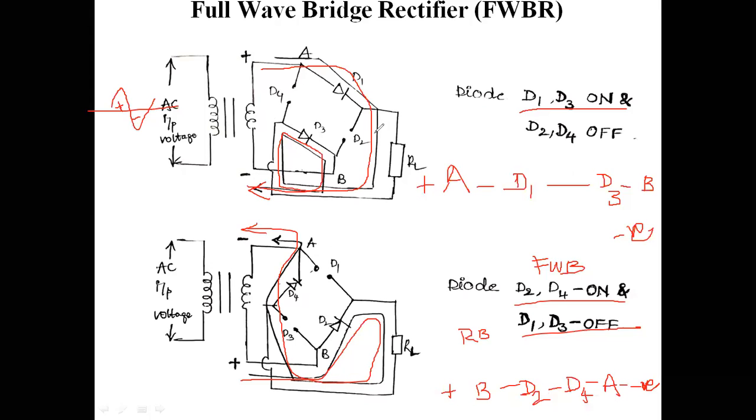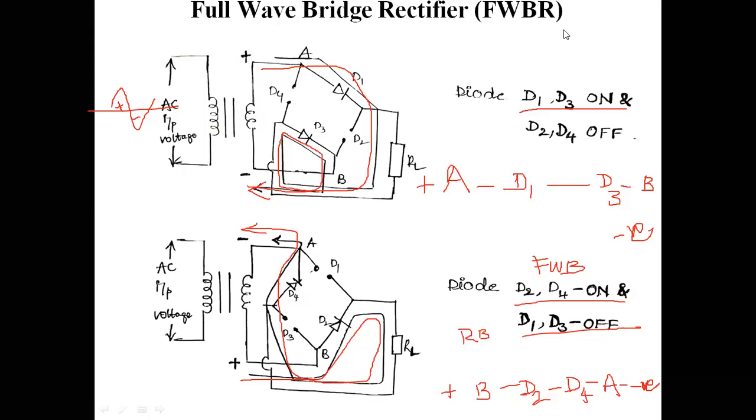In between, the flow of current along each and every component present in the circuit will take place. If the flow of current is maximum across any diode, then we consider that diode to be in forward bias condition, or in the on position. If a minimum amount of current is flowing across that diode, then we can consider that diode to be in reverse bias condition, in off position. In this way, we need to explain the operation of a bridge rectifier here.